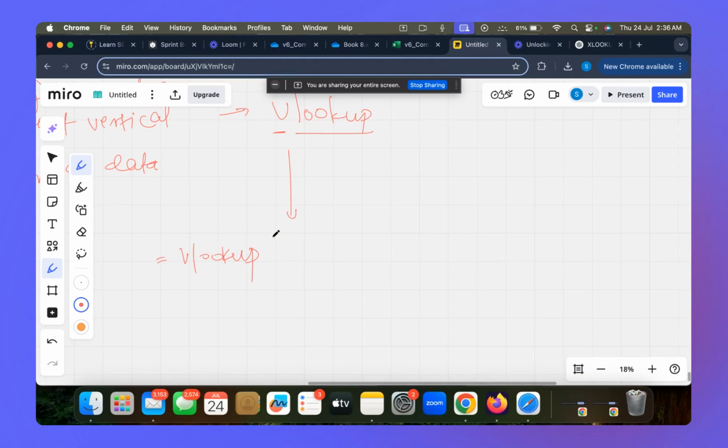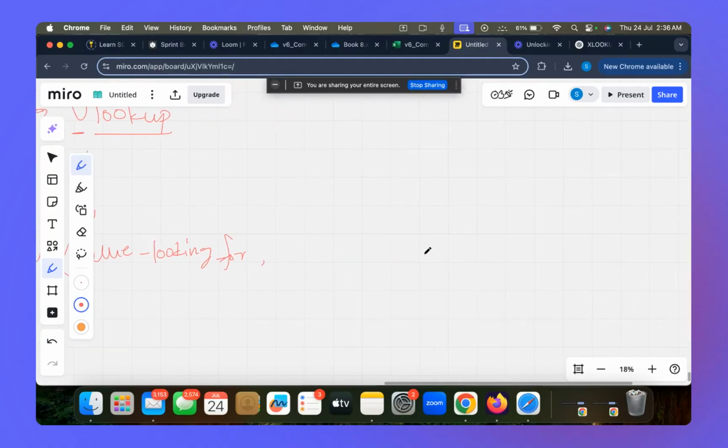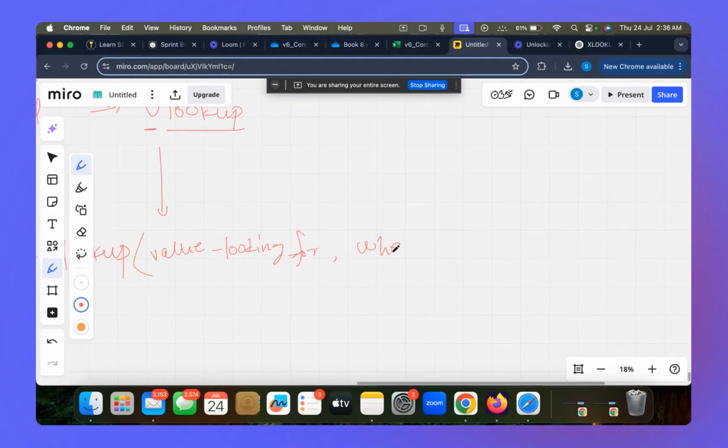So let's say I initiate VLOOKUP. Now the first argument that I have to give here is the value I'm looking for. Now, where am I looking for the value? So I have to basically give the address of the reference sheet. So I'm looking for this value here.